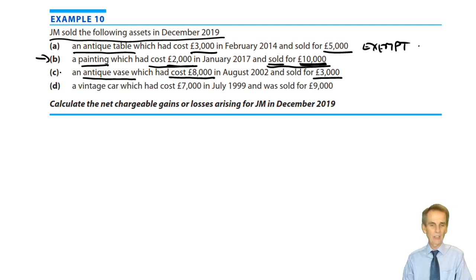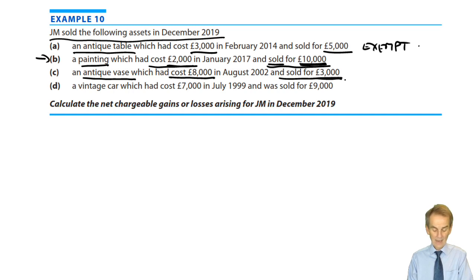As with part B, part C is the other most likely scenario to be tested, where there's a bit more interest in terms of the calculations and the rules that apply. And all this is, of course, is that we'll now limit the loss. How do we do that? We deem the gross proceeds to be 6,000. Though you actually sold for 3, you deem the gross proceeds to be 6. With a cost of 8,000, that's going to be a loss restricted to